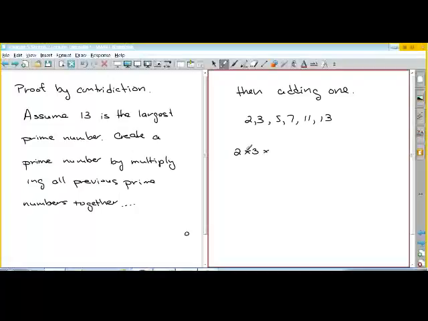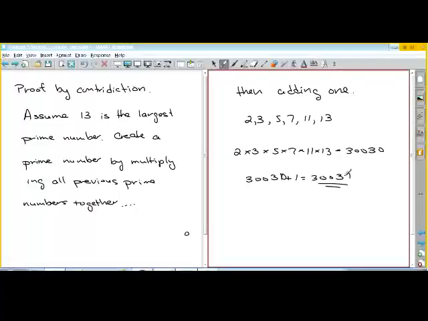So what it's saying is I can create a prime number by taking 2 times 3 times 5 times 7 times 11 times 13, and I add 1 to that. So 2 times 3 times 5 times 7 times 11 times 13 is 30,030. And if I add 1 to that, I get 30,031. And that's got to be a prime number, because I know that it's not divisible by any of these